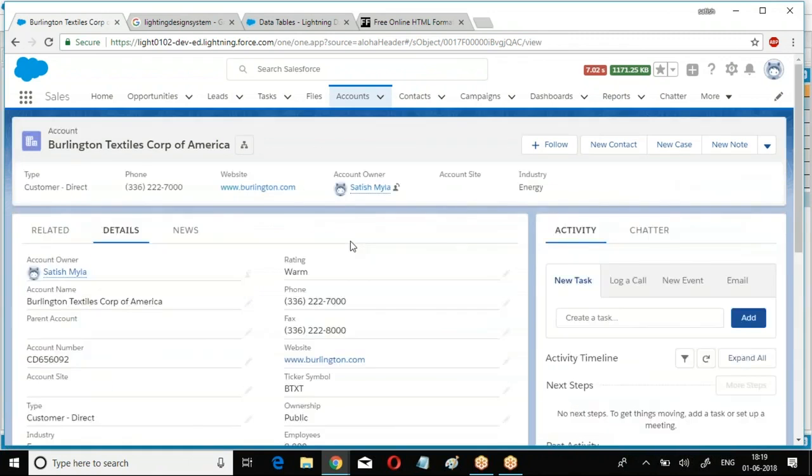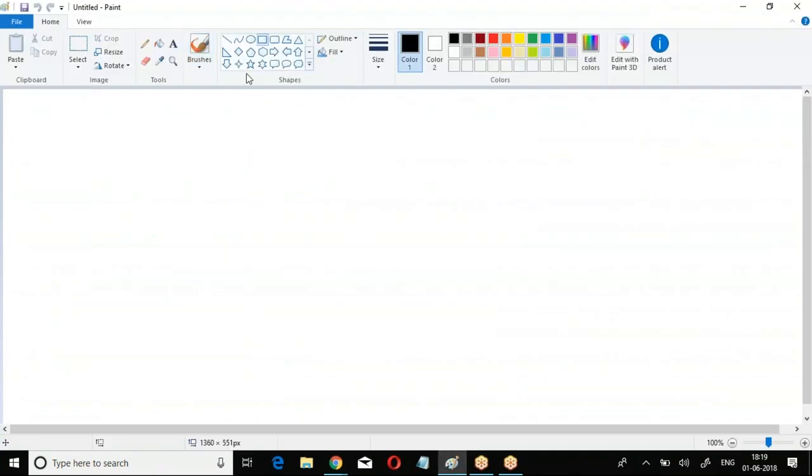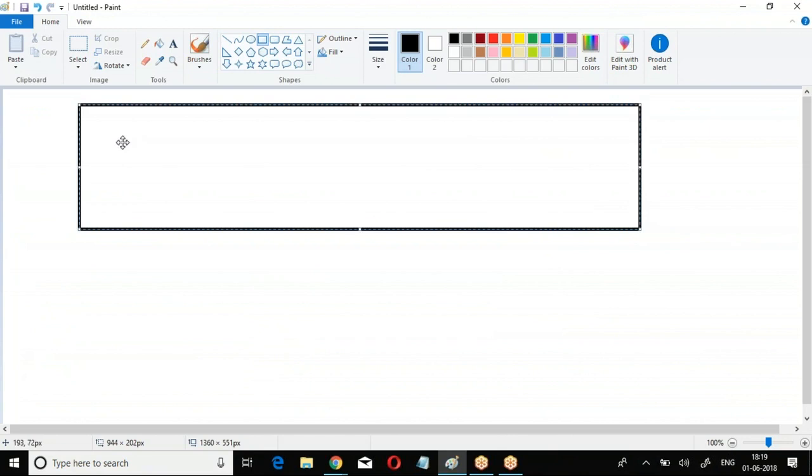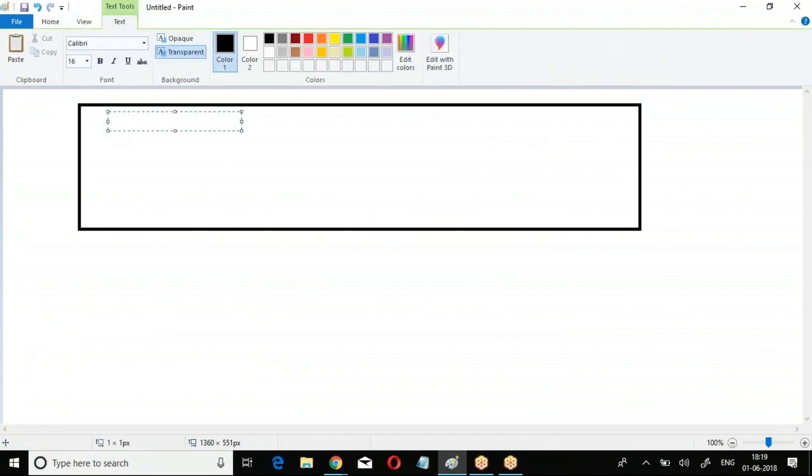Now tell me one use case where we can use this concept. In the account, I want to create a custom page. In the custom page, account detail page, I want to have 3 components. One component will display a list of opportunities. One component will display a list of contacts, list of cases. Now, I want to create my own lightning page, where in the lightning page I need to get like this. This will display account data, name,